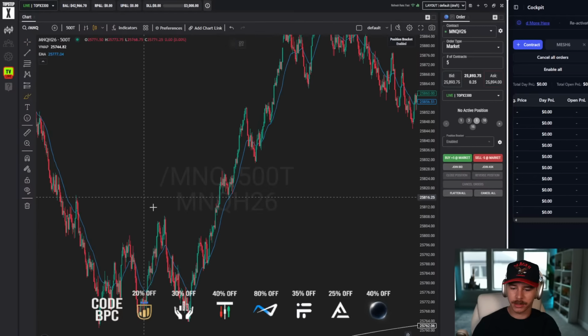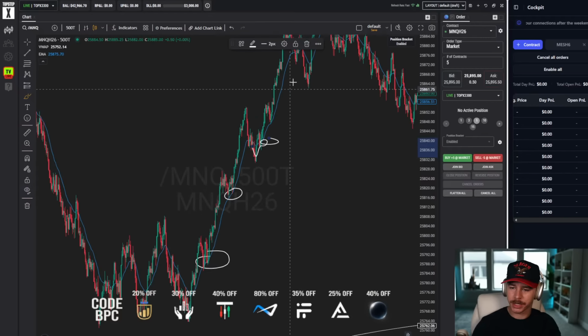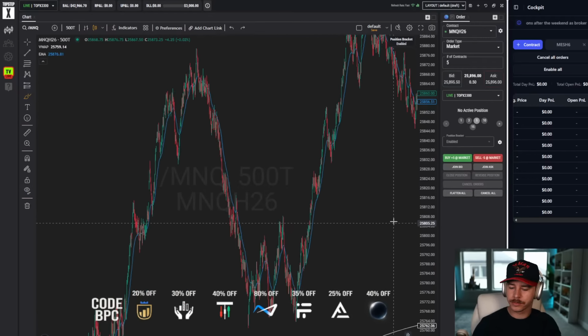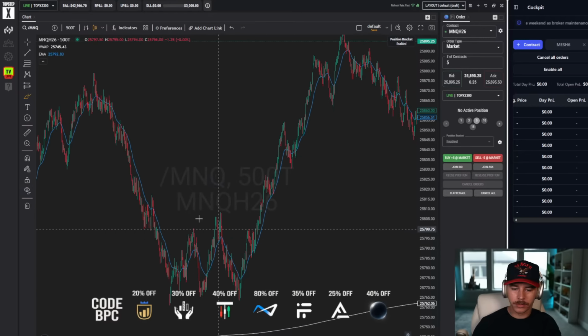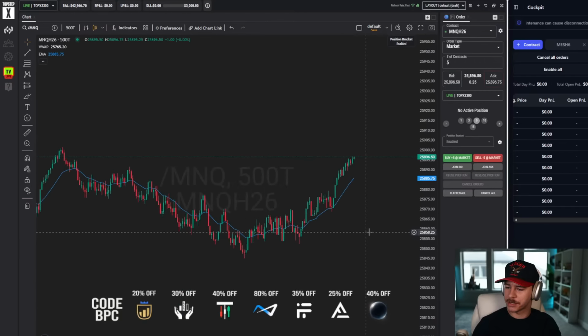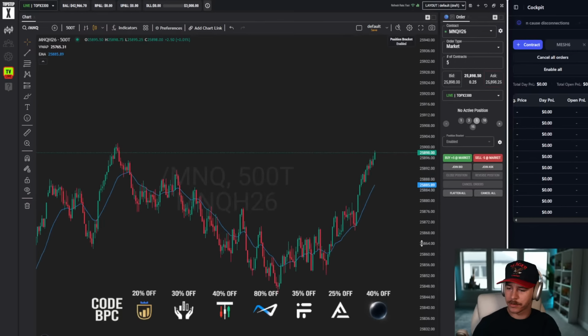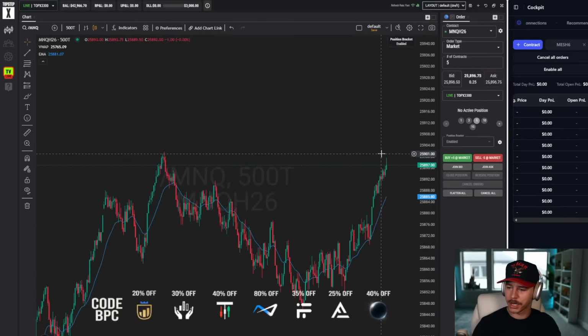Right? Because look at that. You had that move. Take a buy there, take a buy there. Breaks, reclaims. Okay, take a buy. Same on the way down. I think we might be trying to take dip buys off EMAs today. I think that's the plan. All right, high day right here in NQ.